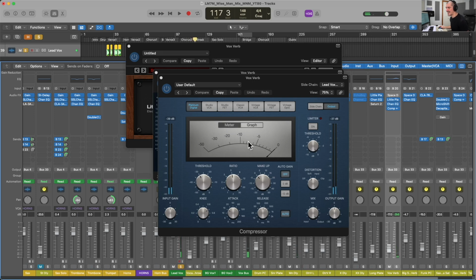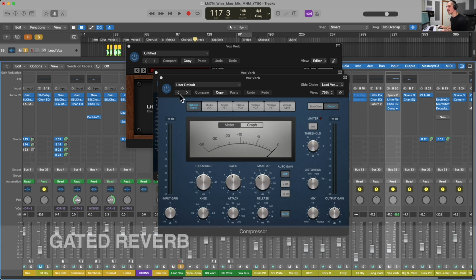So we're getting about 8 dB of gain reduction right here when the vocal is present. And then you saw that this compressor is going back to 0, so no gain reduction. And it's allowing this reverb to swell up between the vocals, or between the vocal lines, I should say. So again, this is a great way to push the reverb out of the way to allow the vocal to really punch through the mix. And then when the vocal is not present, to still have that reverb be present to give that sense of